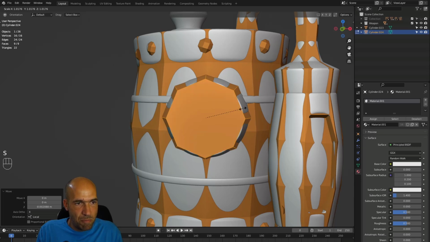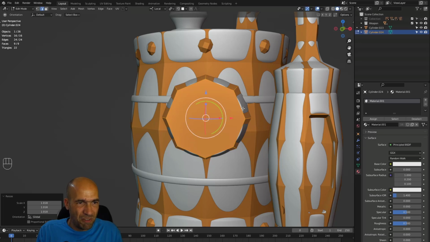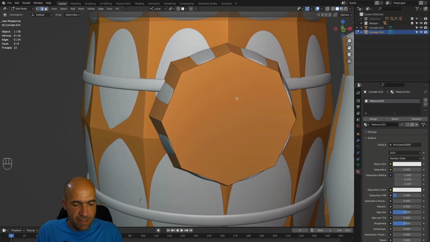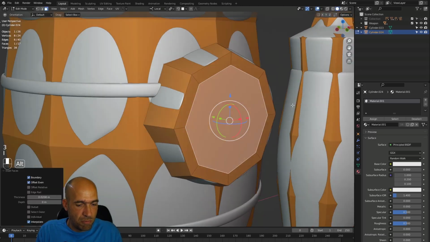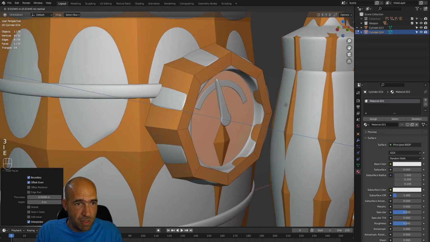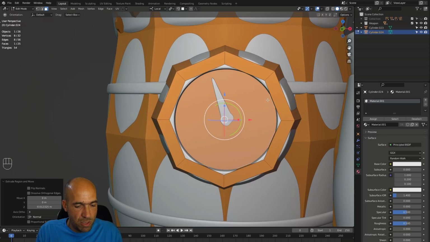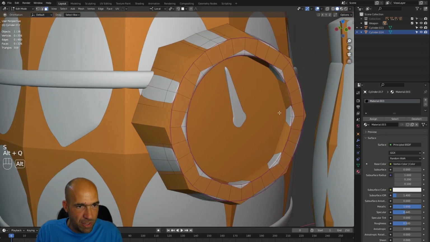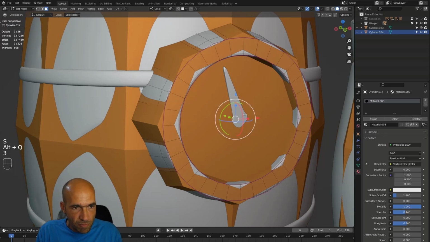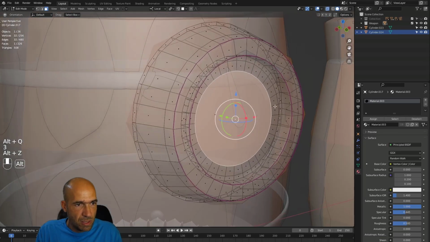And this way, the baking should be the best. Of course, you can't be sure unless you try it, and we will bake it at some point. This I will need to be shallower, so I'll scale it a bit inward, and then I will go to the high poly itself and select this inner part,